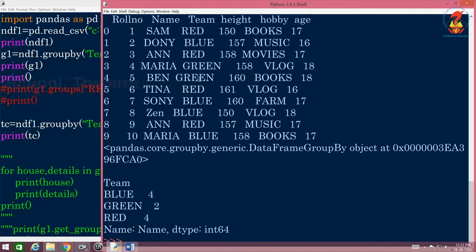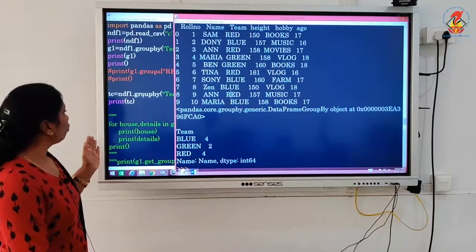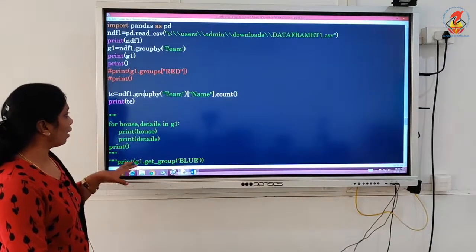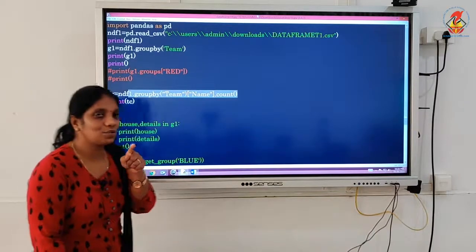Then under green you have only 2, which you already saw. Under red again you have 4. 1, 2, 3, 4. You got it? So that is how it has to be. So basically your group by function works perfectly with the help of the aggregate function as you saw in SQL.